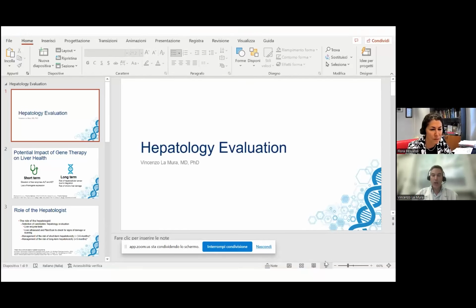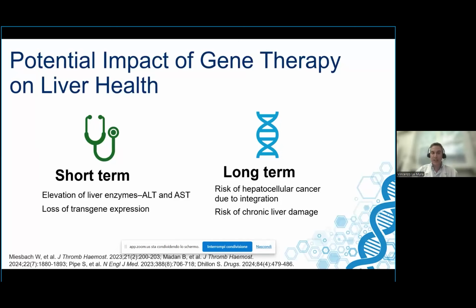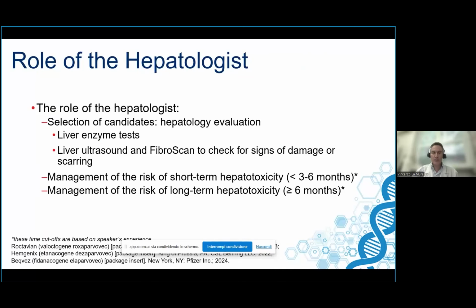The first point is why we are going to talk about the liver in gene therapy. This is because gene therapy can have a potential impact on liver health in terms of short-term adverse effects, among them the elevation of liver enzymes, particularly ALT, with the consequent risk of loss of the transgene expression, and hypothetically also long-term adverse effects that could include the risk of hepatocellular cancer due to integration and the risk of chronic liver damage. So in this picture, the role of the hepatologist is active in terms of selection of candidates,